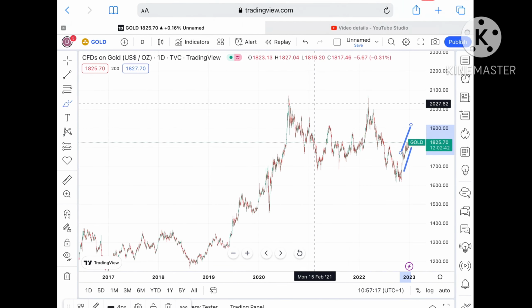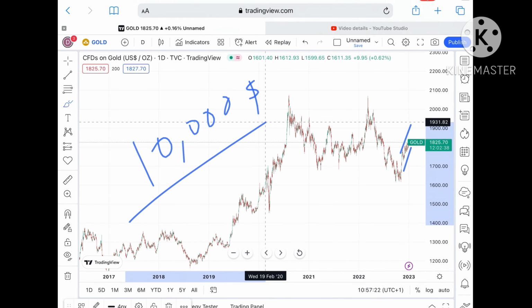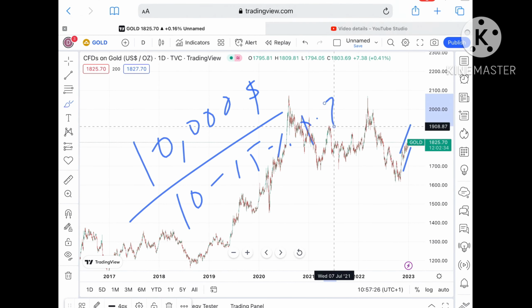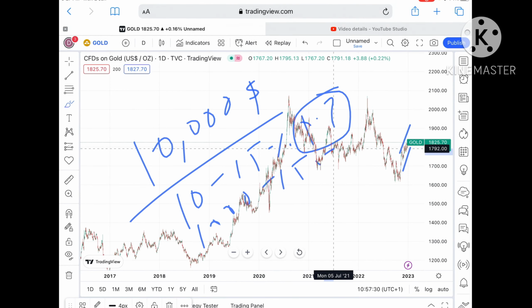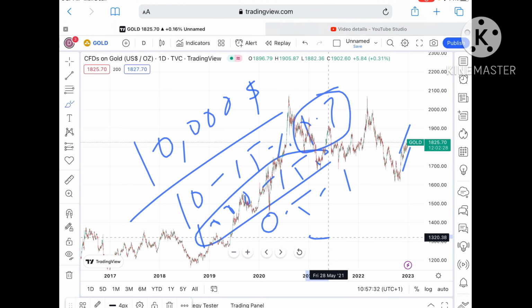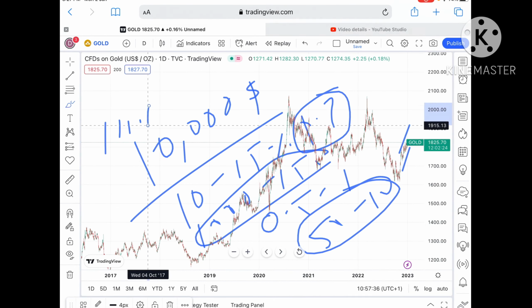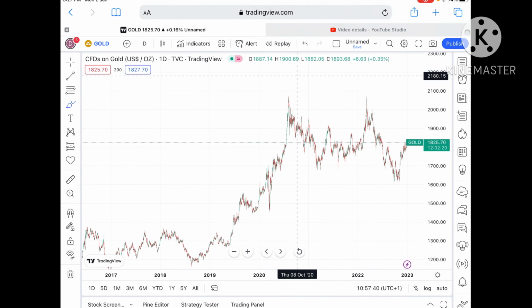Okay, what I teach in my workshop: suppose you are trading with $10,000. This is just an example. Try to trade with 10 to 15% of capital per trade, that is $1,000 to $1,500, with a risk of 0.5 to 1%, that is $50 to $100. Now suppose you take 5 trades and your risk per trade is $100, that is $500